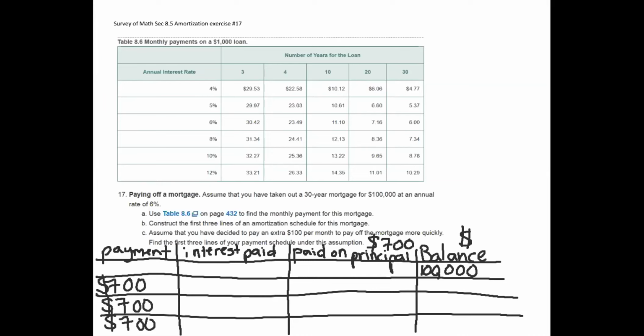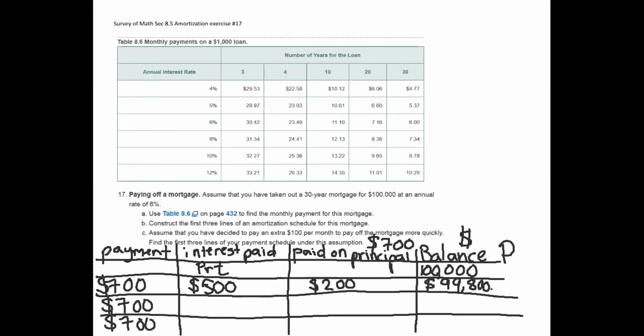But the interest paid is still the same, because it's based on P, which is $100,000, times the rate times the time. So $100,000, just like the last one, times 0.06 times 1/12 gets us $500. That means $200 is going toward the principal this time instead of $100, which now brings our balance down to $99,800,